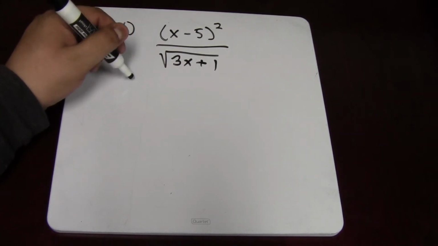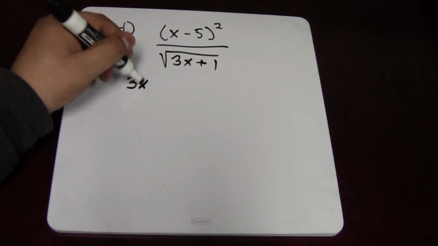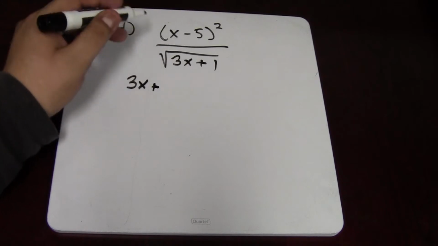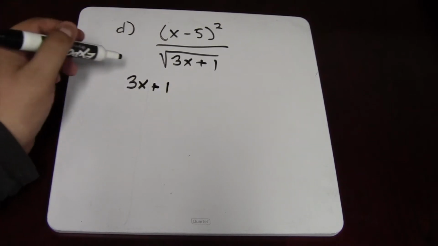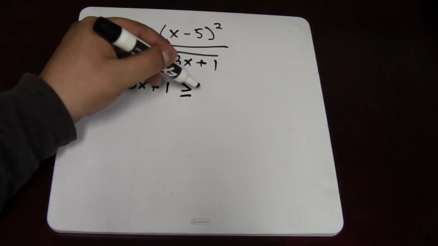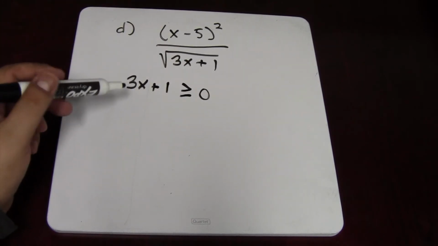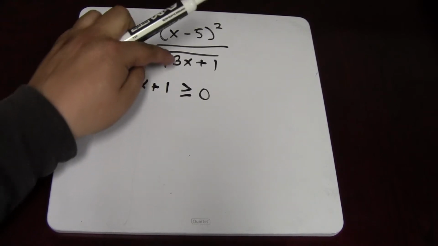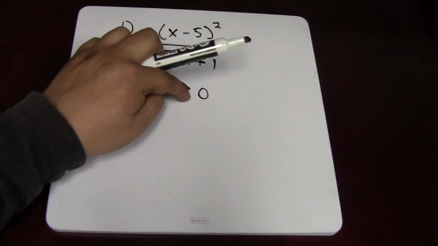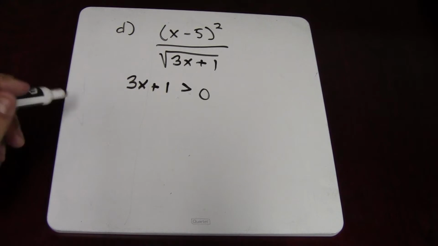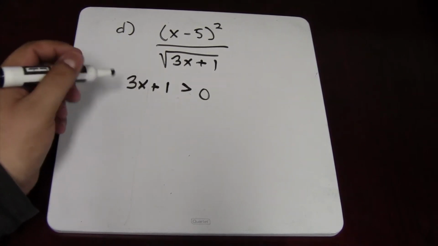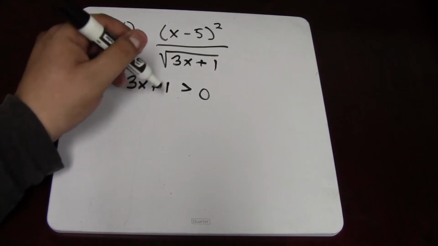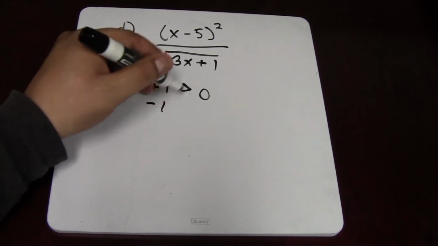Now this one's a little easier than you may think. It's similar to what we would do when the square root is by itself, I'm sorry. When the square root was by itself, remember we said this, and that was an example letter B. However, because we're in the denominator, all we simply have to do is remove this equal to line, and we solve it the exact same way that we did when we just had a square root by itself. Subtract the 1,